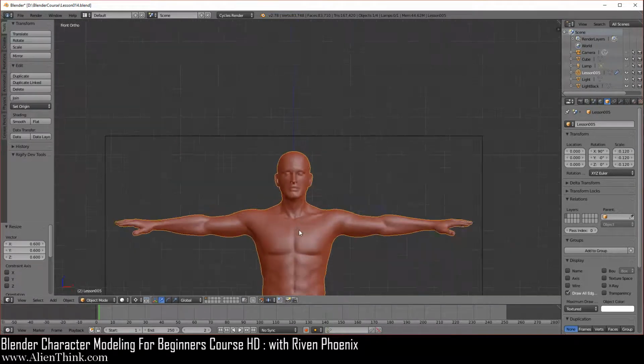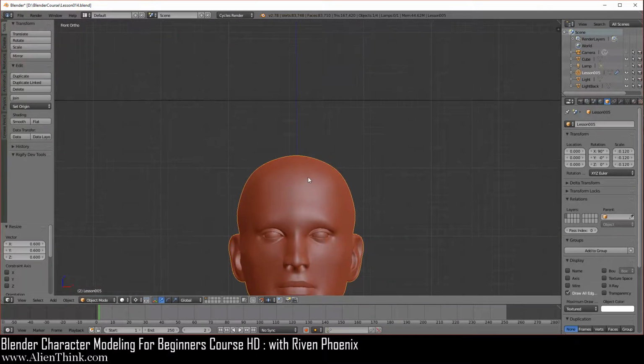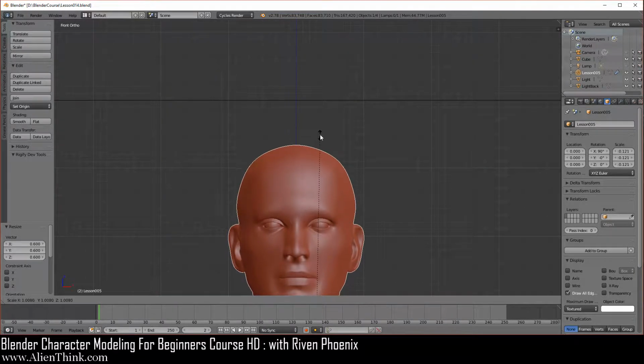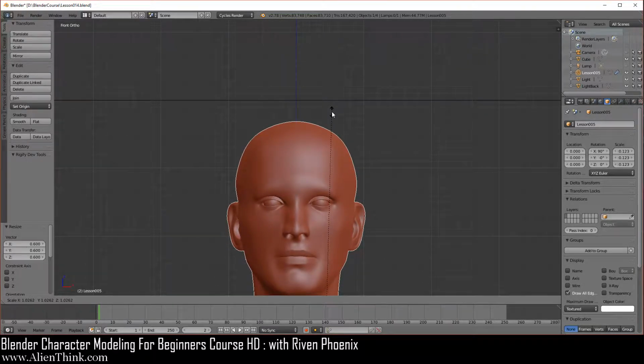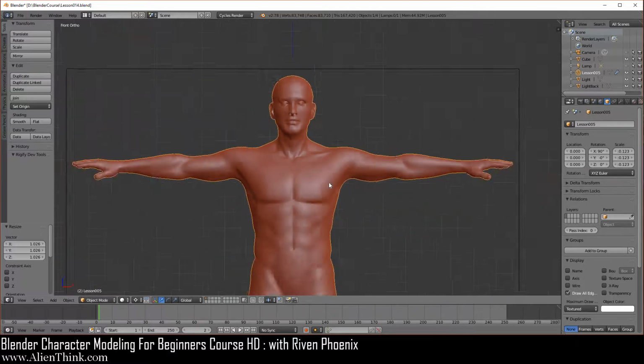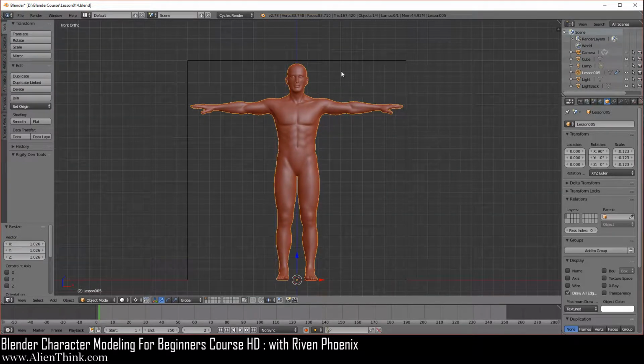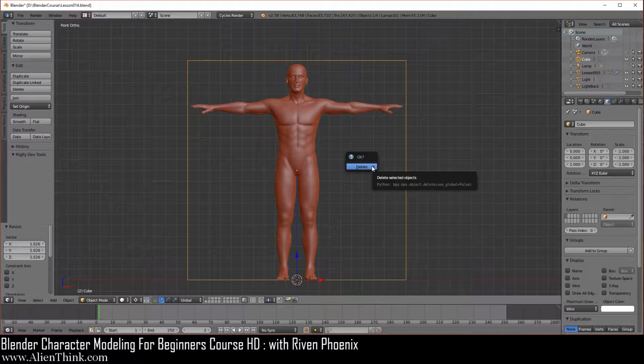Okay, so this is where you're going to now zoom in here where this black line is. Just count 1, 2, 3, and this is where you want your figure to be. So to do this, you have to actually switch this off. Okay, so I'm going to do scale, and you'll see that I'm just going to make sure that when the tip of the head comes, I have about 3 spaces here between this. So now the figure has been scaled. Now we can click on this X, and we're just going to delete the cube from here.